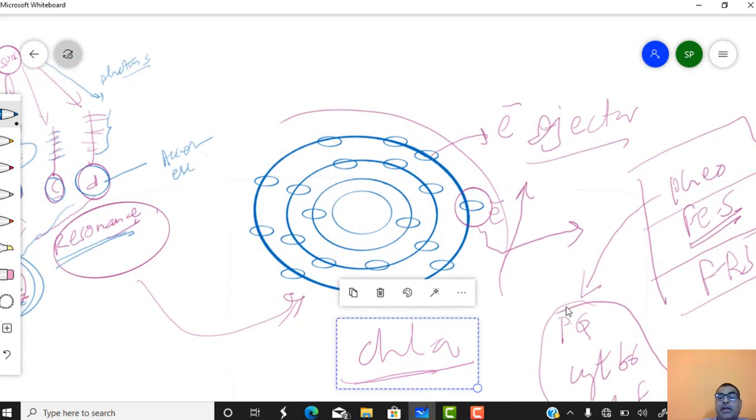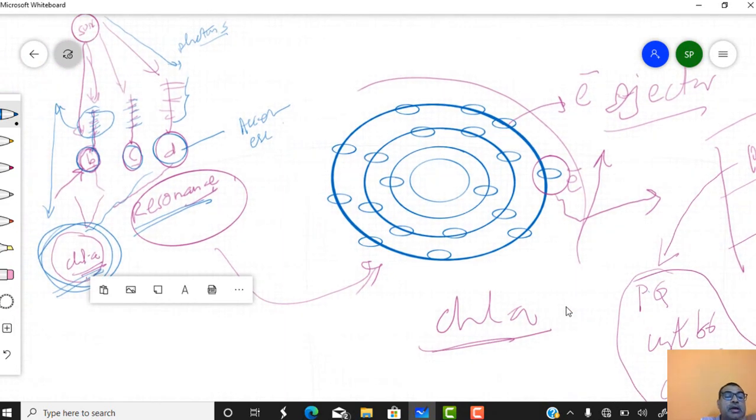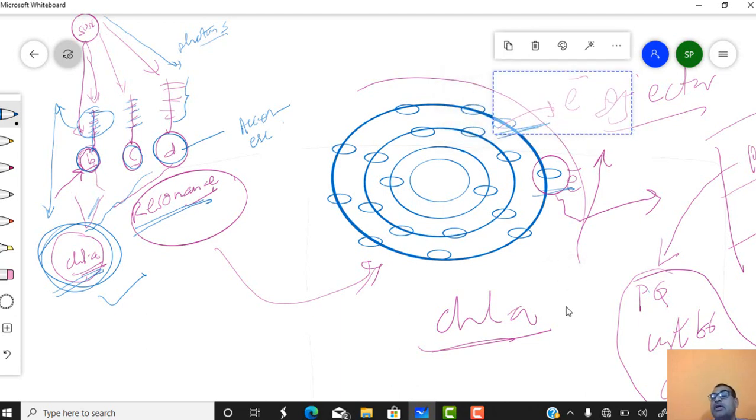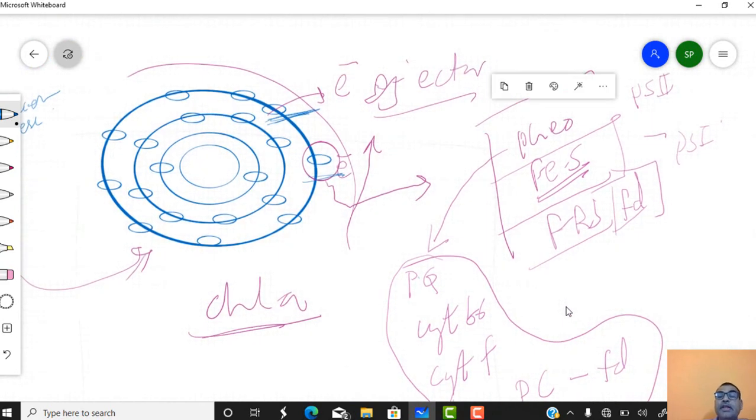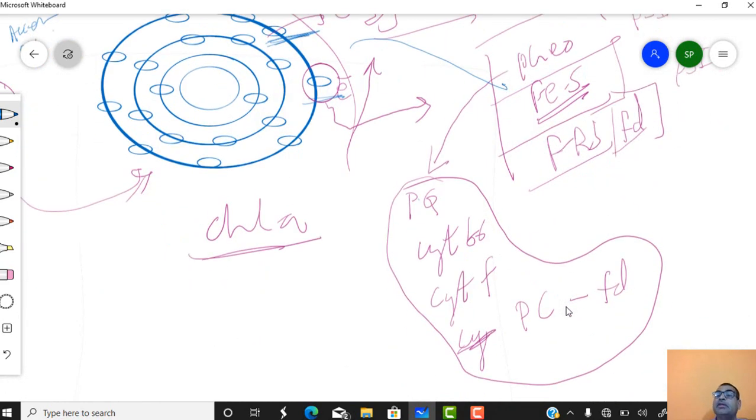Suppose this is chlorophyll A. These are the orbits present in the chlorophyll A. When the chlorophyll A absorbs the photons of light and gets excited, it emits an energy-rich electron, and this emitted electron is accepted by various electron acceptors like pheophytin, iron sulfur protein, or it may be the ferredoxin reducing substance, or maybe ferredoxin. From these primary electron acceptors,